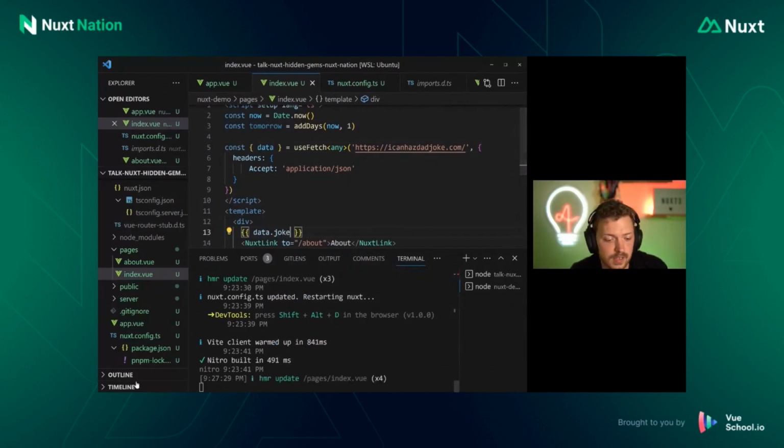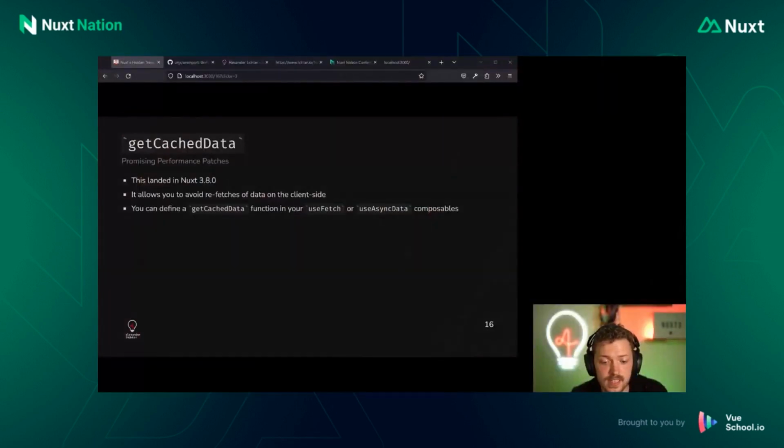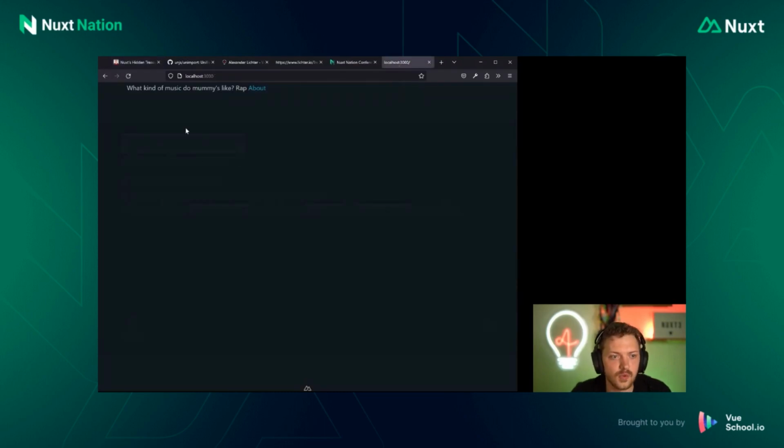And we'll jump back to the browser and see what's happening. So, of course, now we also want to switch from the slides to the actual localhost. What kind of music do mummies like? Rap. Fine. We're on the index page. Now let's go to the about page. Okay? And back to the index page. And we see,